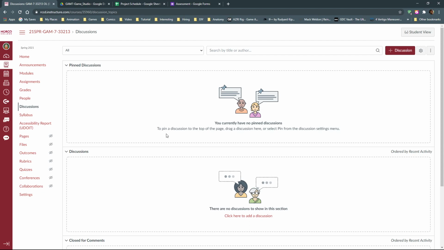So if, for instance, you guys wanted to discuss what the best practices are for 3D modeling, make a topic for discussion and talk about it in here. Or if you wanted to have a best practices discussion for a game design document or for scripting, then you probably want to have that larger discussion here. Otherwise, just post a question in Discord, ideally in the class channel, so you're talking to the right people, or if it's a broad enough topic, in the main text channel is just fine. And as you scroll around in here, you can probably see that lots of people have been answering questions already.